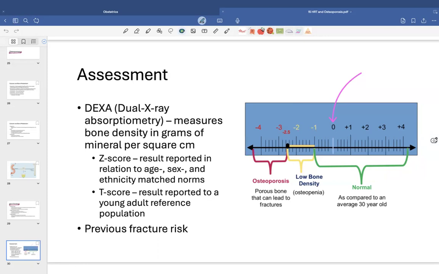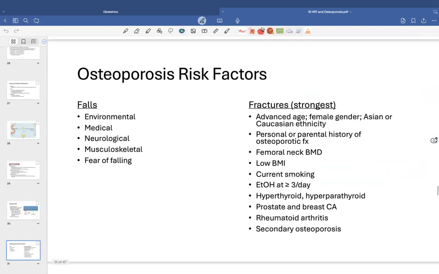The history of bone fractures also comes into play in terms of determining future risk. Again, some of the risk factors around osteoporosis include environmental issues that can trigger falls, like obstructions in the environment, unsteadiness from a neurologic cause, musculoskeletal issues, but then also some of the other behavioral and non-modifiable factors such as advanced age, gender, Asian ethnicity,